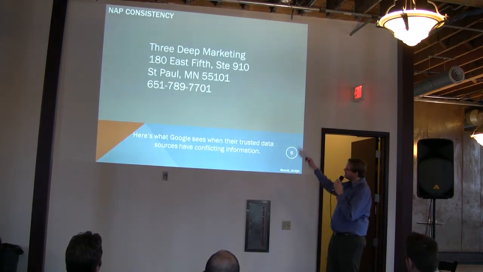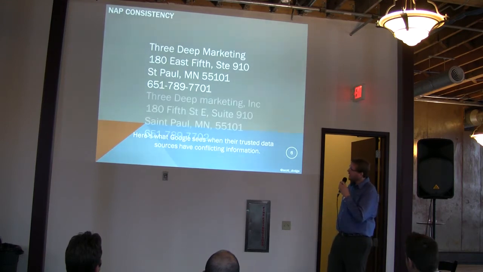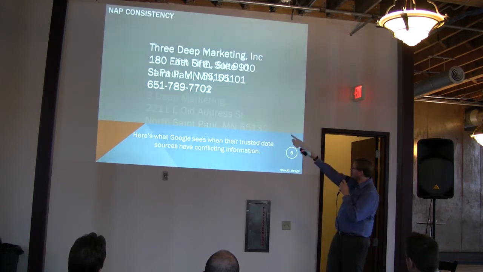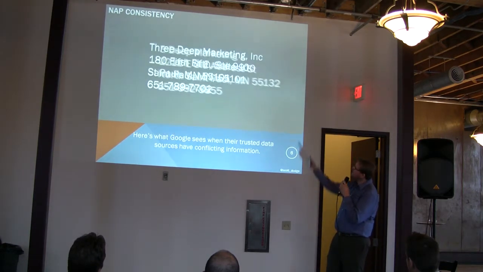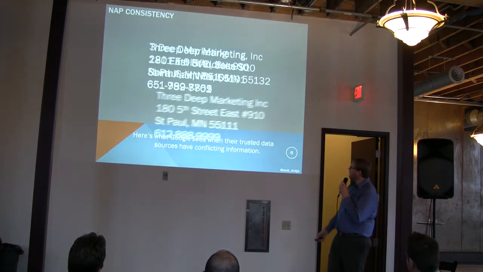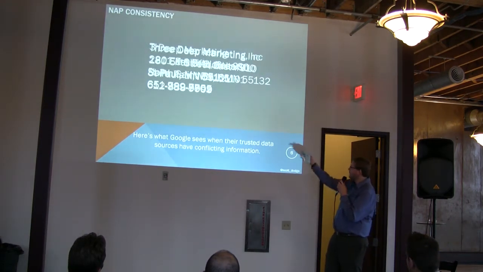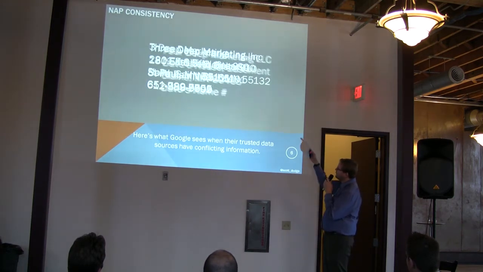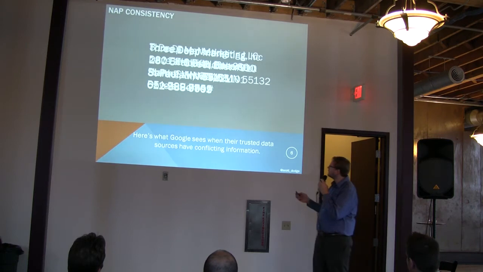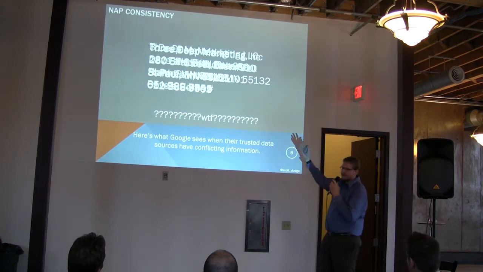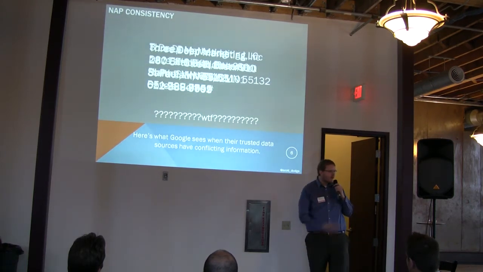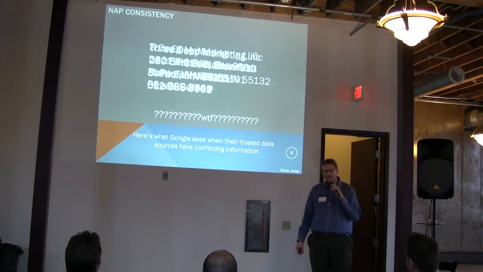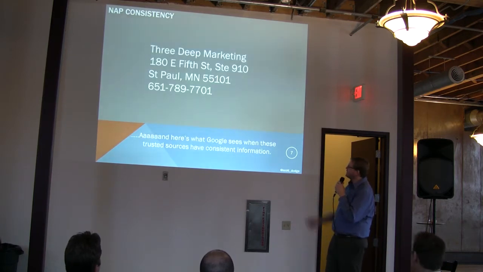So here's the consistent name, address, and phone number that we've been listing. And if CitySearch has something a little different, we see another phone number here, another spelling of St. Paul, another one has our old address, and another one has yet another incorrect one. Maybe we had a tracking number that we wanted to see where all these leads were coming from. This was at the beginning of our company in our CEO's basement. As you can see, it's like, what does that even mean? This is how Google is running through all these different sites and matching it all up. So that's why NAP consistency is important.